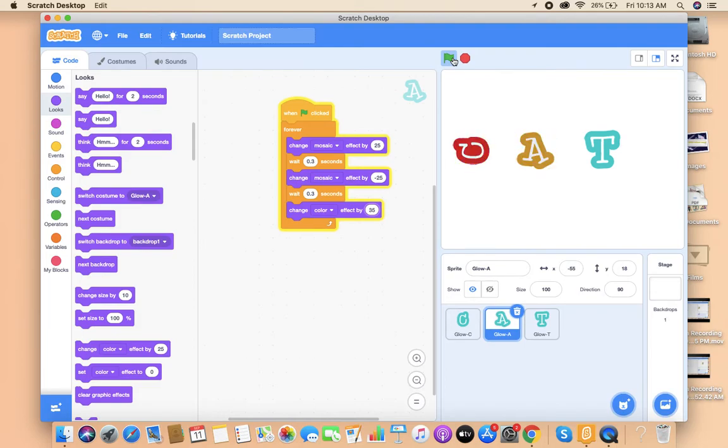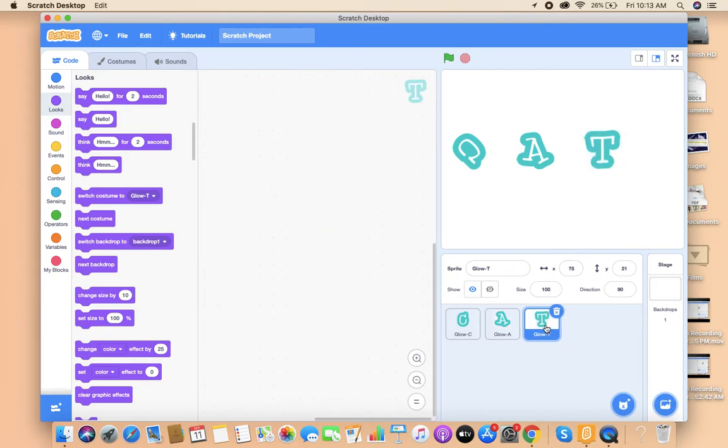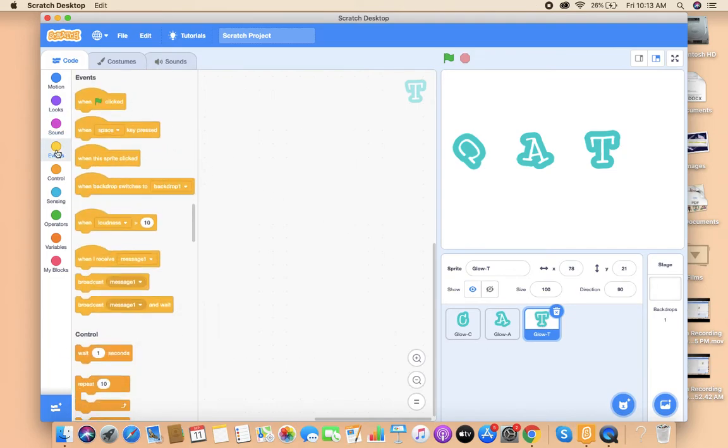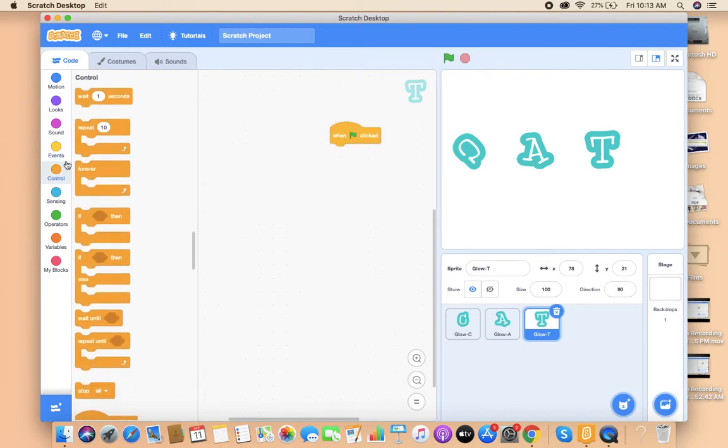Now what is left? T is left. We will stop it here, select T, and code for T. For T also, first the same, when clicked, then forever loop. Now how to animate T?